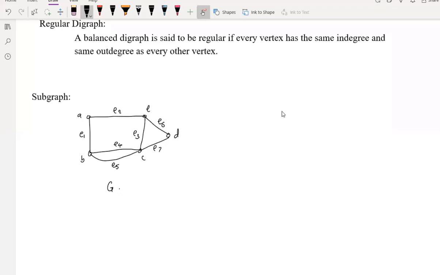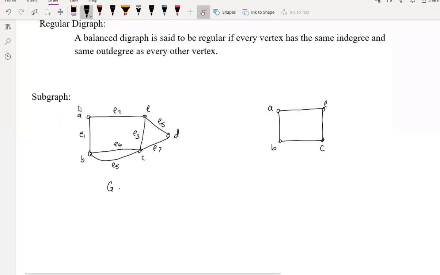Okay, and then I'll draw another part of this same graph. इसी ग्राफ का मैं एक पार्ट ड्रॉ करता हूँ. Which part? I'll just take a few vertices of this graph and a few edges of this graph. मतलब सेम ग्राफ का मैंने कुछ vertices और कुछ edges कंसिडर किए. Suppose I'll consider here, sorry, B, C and D, E, okay.